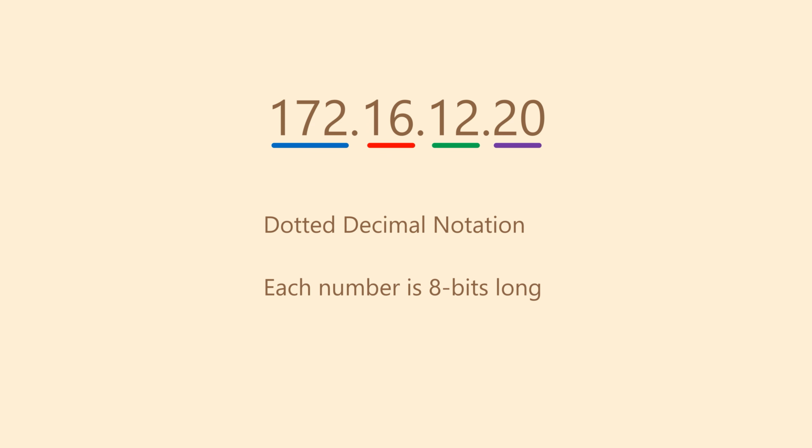We'll now take a closer look at how the network address and the host address combine to create an IP address. First, note that we represent an IP address as 4 decimal numbers. A dot separates each number. This format, called dotted decimal notation, makes it easy for humans to read. Each of these numbers is 8 bits long. So to a computer, an IP address is a 32-bit number. That is, 32 ones and zeros in some combination or another.